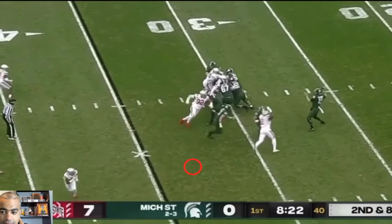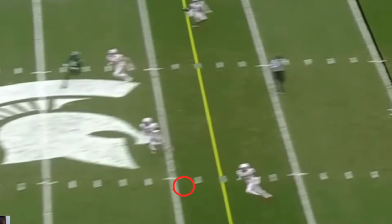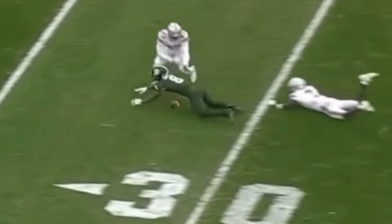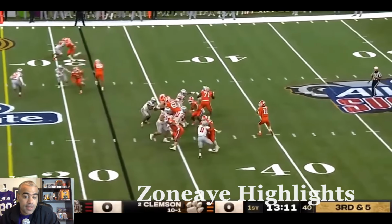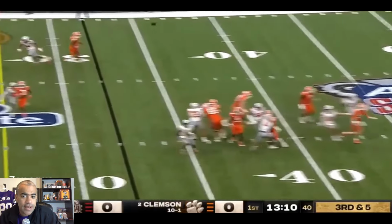Another deep pass right here. And we are trusting Sevyn Banks to make a big play right here. And there he is. He's over the top of the receiver, and he almost brings this down for an INT. Boom! I'm looking at you. Yes, you. Just got to make sure you're awake because I need your help trying to figure out if Sevyn Banks is a guy that we can trust in coverage. And the answer to that is